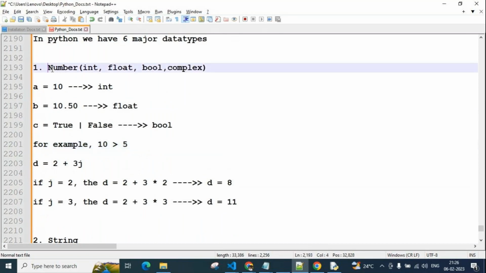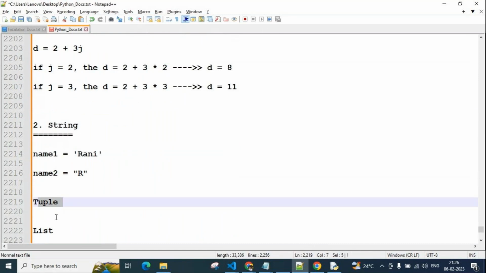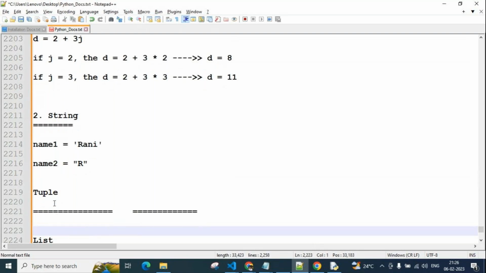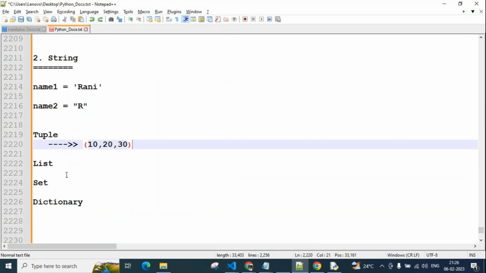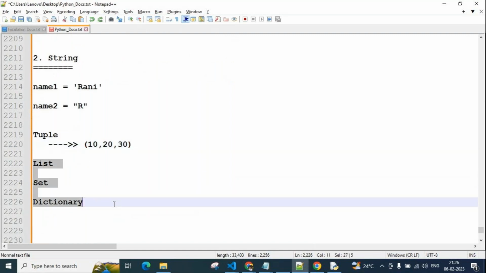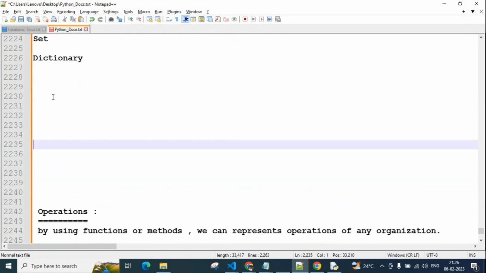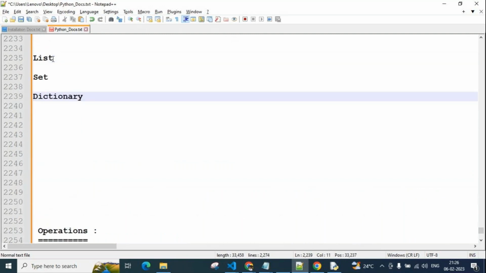Now here number is there, here string is there, and here tuple is there. These 3 come under one type, and the remaining 3 come under another type. I'll give you all these names again one more time. See here, totally 3.